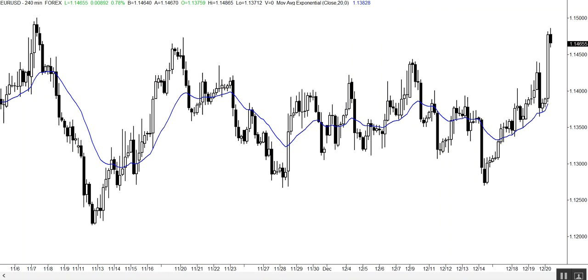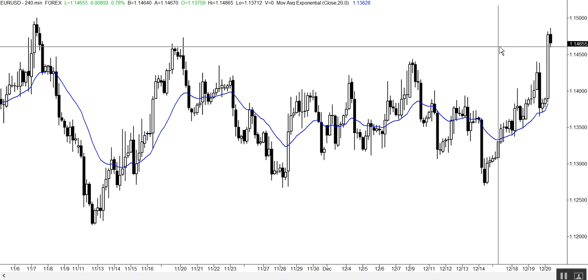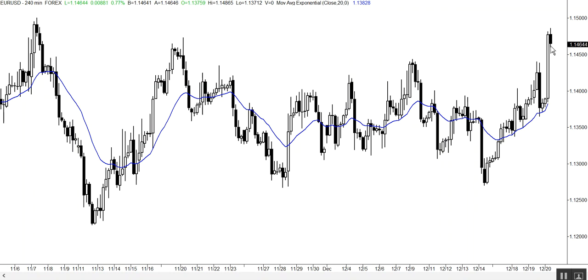Here's the issue though. I think it's honestly, it makes a lot of sense for somebody to be willing to buy down here. Now, the problem I have with that, which is why I wouldn't necessarily do it, is I think that,